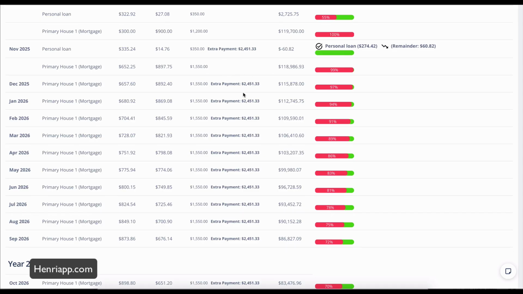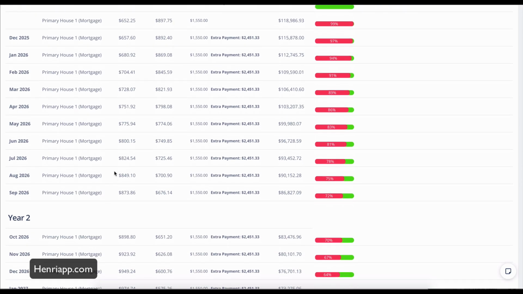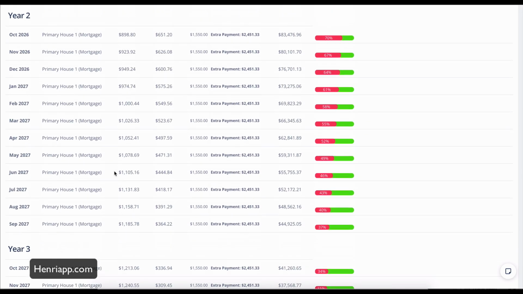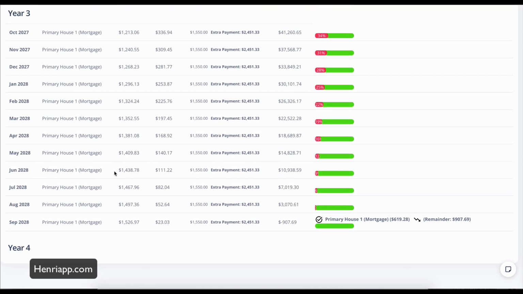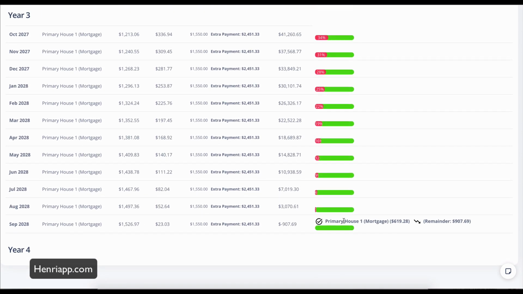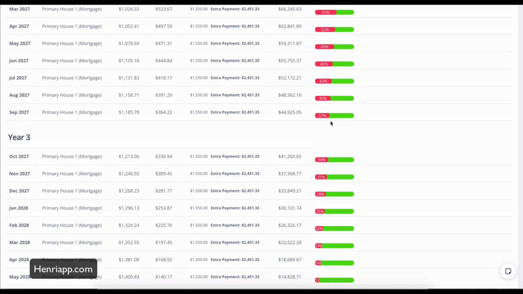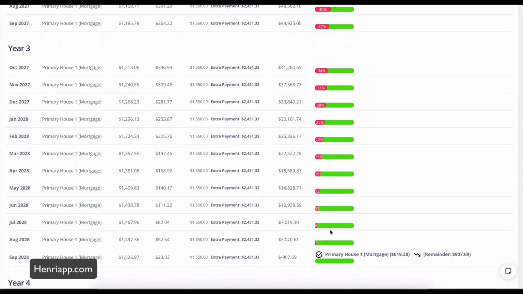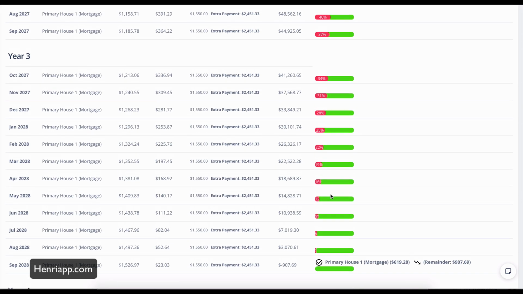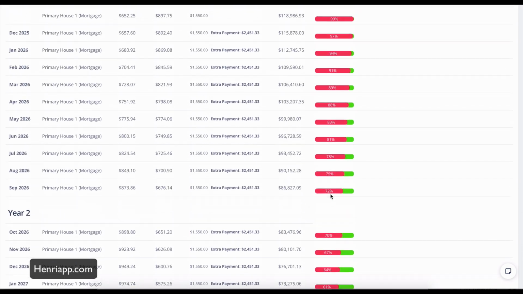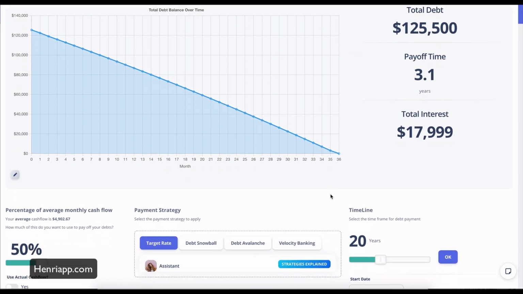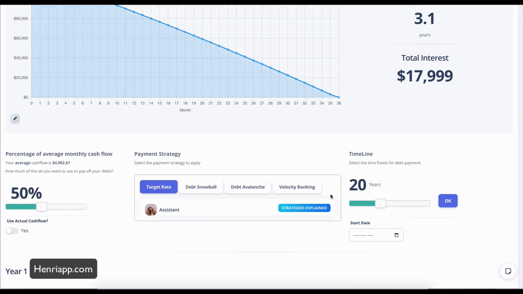And so we just do the extra payments. Now that all those debts are paid off, what's left is just really my mortgage. And we can see that in about 3.5 years or so, almost 4 years, I'm going to have my mortgage paid off. And so this little bar just kind of shows you an indicator of how far along you are. Your goal is to get all the green. And so that is how you get a plan for paying off your